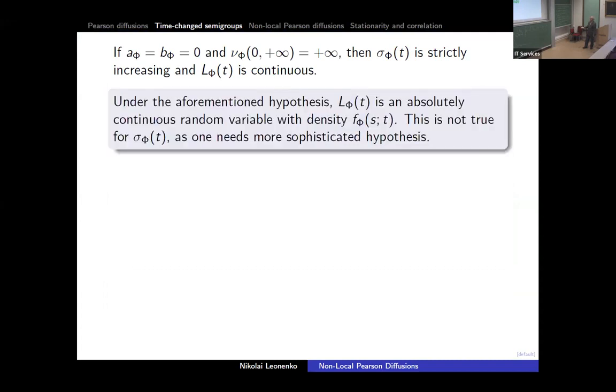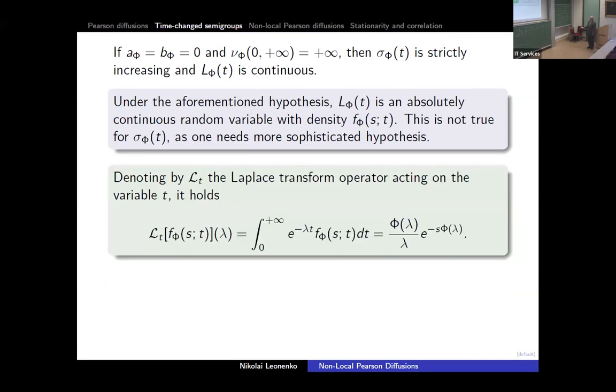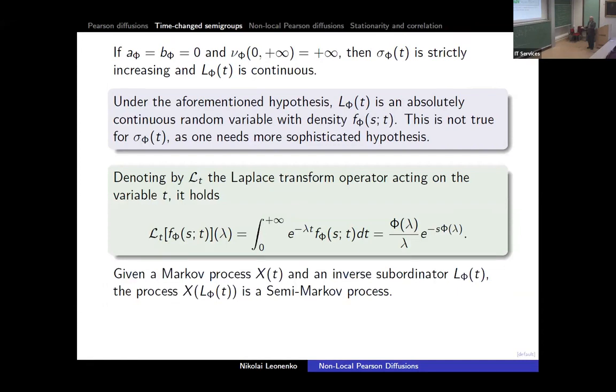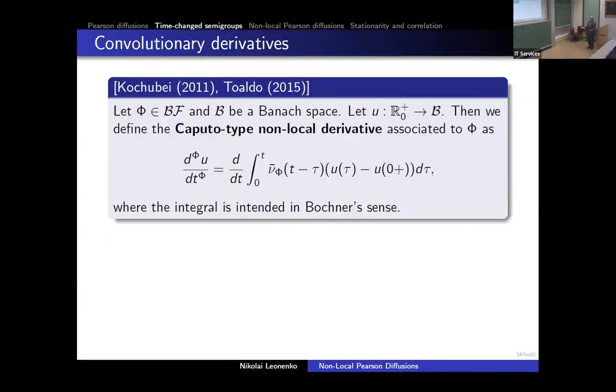And by the way, there is a density of a Lévy process, and the known Laplace transform of this density in t is defined by this formula. I think I already mentioned it 5 times. And then basically, given a Markov process, which is a non-local Pearson diffusion, and an inverse subordinator, we can define a semi-Markov process as a superposition of 2 independent objects, as already many people did in this conference, but just to introduce notation. So again, this is the inverse subordinator, which is related to the function phi, which is the Laplace exponent. And basically, we have a